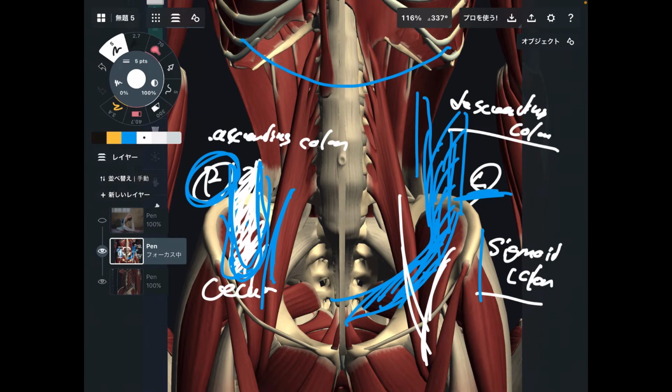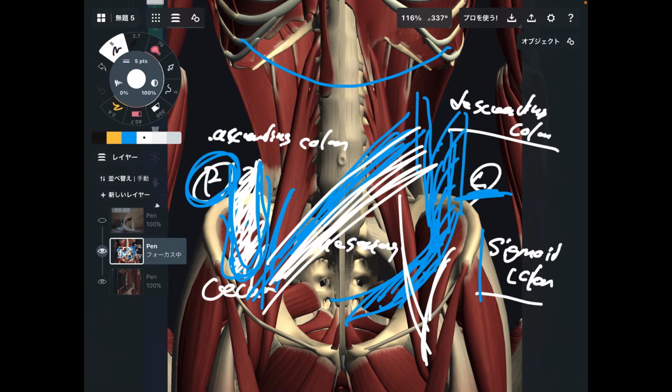And what kind of internal organs are in front of iliopsoas? Then the other one is like this. This is not a kind of organ, but this is part of organ. This is mesentery, mesenteric root. Mesentery is a kind of membrane that connects small intestine and posterior abdominal wall. Okay? Anyway, this is a kind of membrane and root of membrane that crosses abdomen diagonally. Okay, like that. So this part has relationship with psoas.